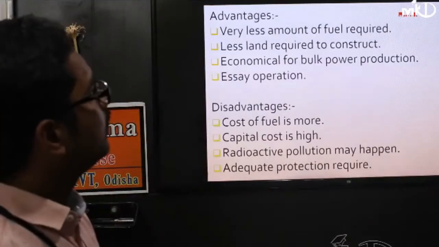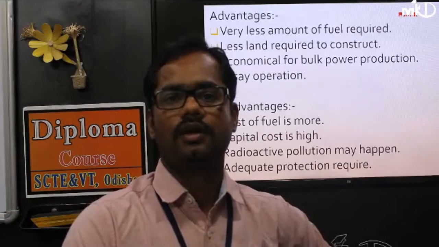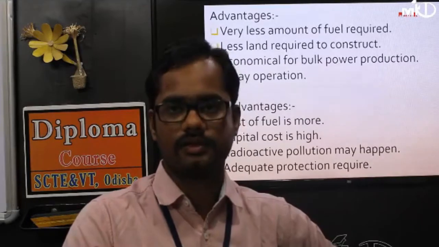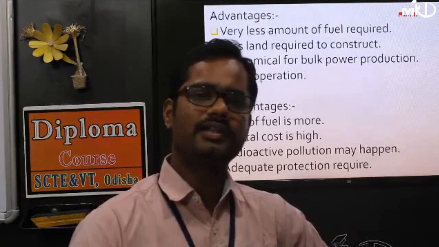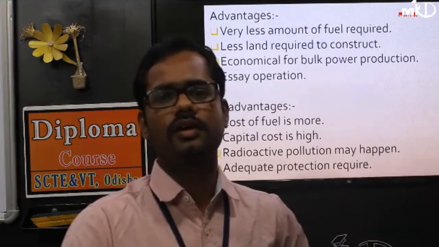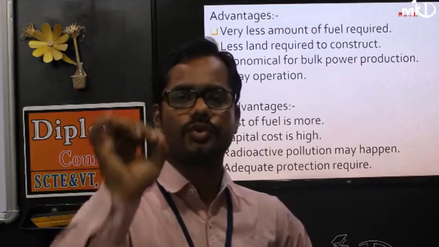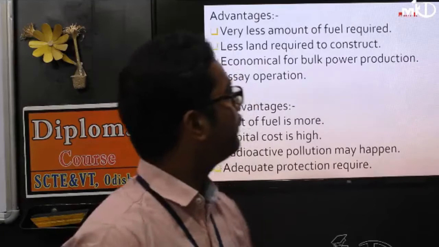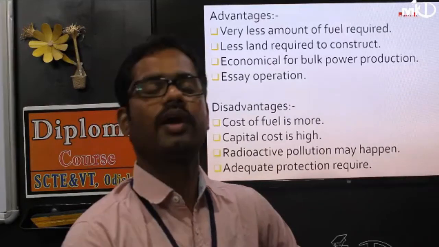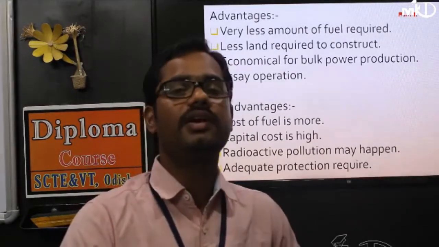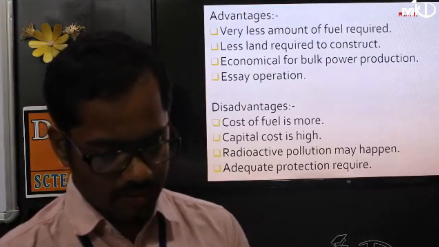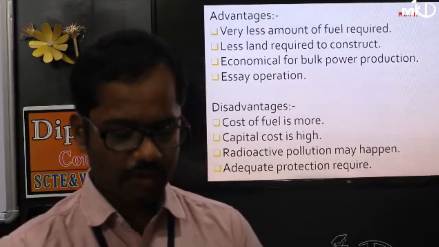Okay. Then your advantages and disadvantages. For everything, advantages are there and disadvantages are there. But our motto is to produce a huge amount of power. So what is your advantage here? From a little bit of source, you can get a huge amount of energy. One data is there: 1 kg of uranium is equivalent to 4,500 tons of coal. You cannot say kg, 4,500 tons of coal.